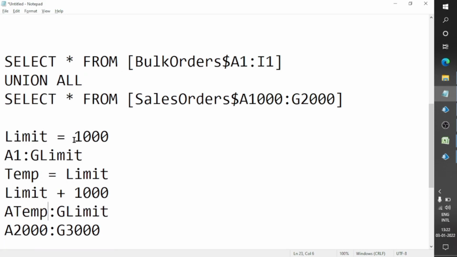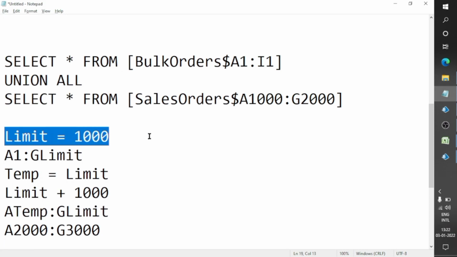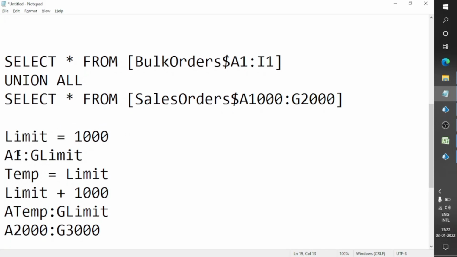Now see, the value of limit is 1000 in the first step, in the first iteration. So this will become the limit, meaning G1000, and in the next step we have stored the limit value in temp, and we have added 1000 to the old limit. Now temp means 1000, because temp contains 1000, and this limit became now 2000.